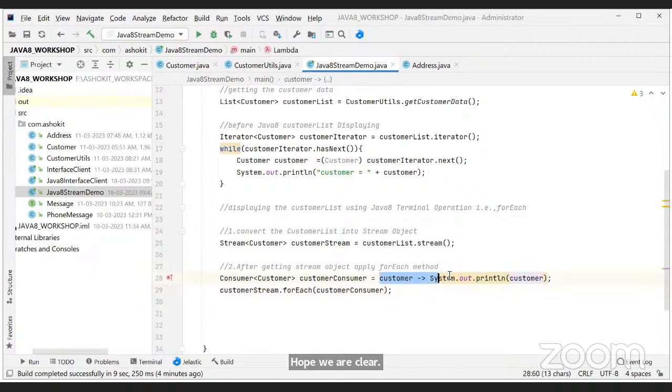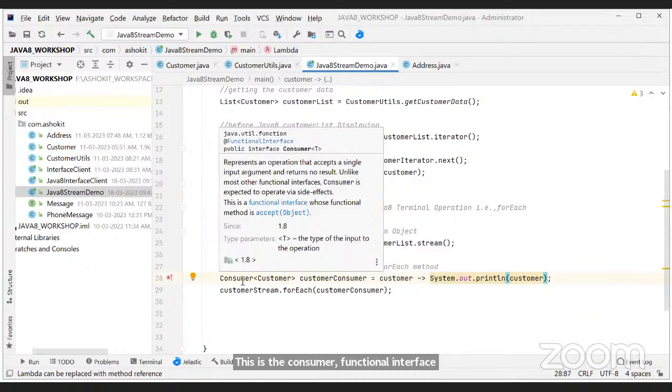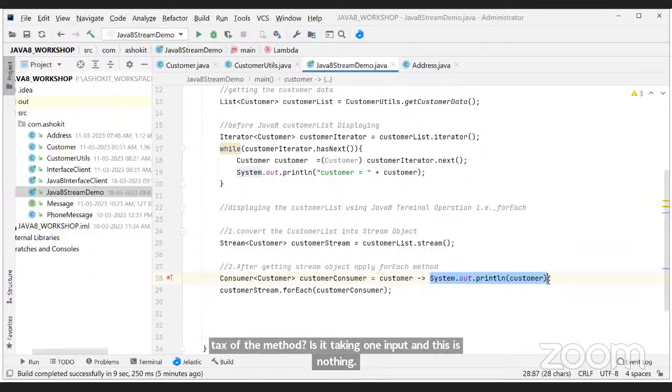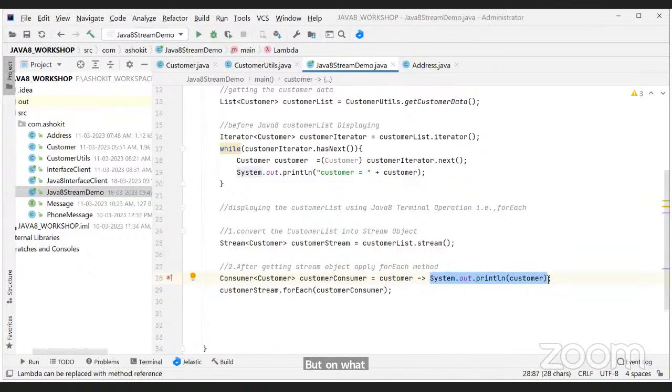This is the consumer functional interface implementation, sir. As you already know, consumer is a functional interface which contains one abstract method. That abstract method name is accept, sir. That accept method is taking one input and processing that input. Nothing more than that.